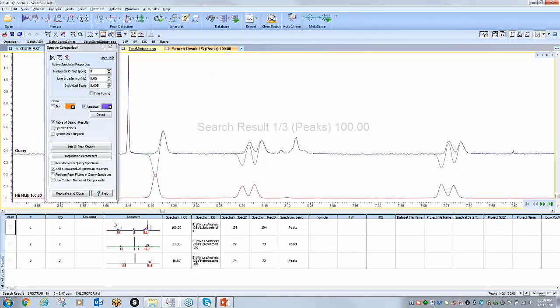And much like before, I've got my table of search results. And right away, you see this first hit is a likely candidate. So I can adjust the horizontal offset by clicking and dragging. I could also adjust the offset within here, whichever you're more comfortable with. I can scroll the mouse to try to minimize the residual curve, and then I can adjust both the offset as well as the individual scaling within here just by clicking the fine tuning to make it a little less